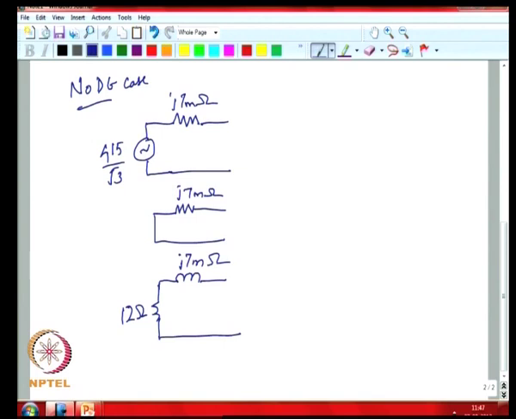So, 3 times 4 would be 12 ohms seen from the source side,